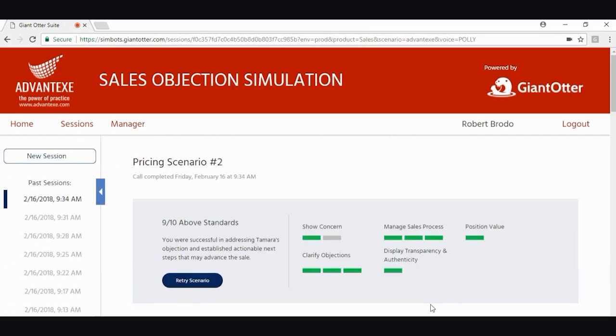So what just happened was an example of a really poor call. So what you'll see here is the actual competency model of how to handle an objection. The model is built around showing concern, clarifying objectives, managing the sales price process, displaying transparency, and positioning value.